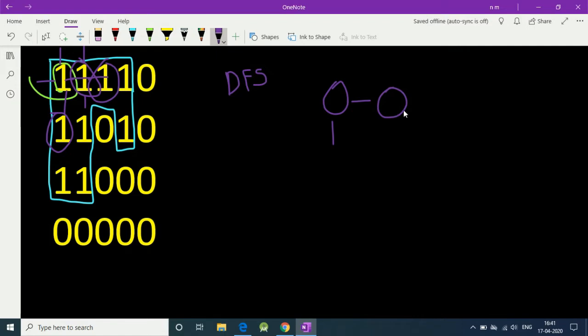So here we found our first one, and we go to the next one, turn it into 0 and look for ones in all directions. We found our third one, so we turn it into 0 and check for directions. We found 1, we go there, make it 0 and check for ones. We found 1 and this side is 0. So the last one is this, we turn it into 0 and look for a possible one in 4 directions. We found nothing, so we go back to our last possible one. So this one was the last one, so we turn it into 0 and look for a possible one in all 4 sides, and we go here